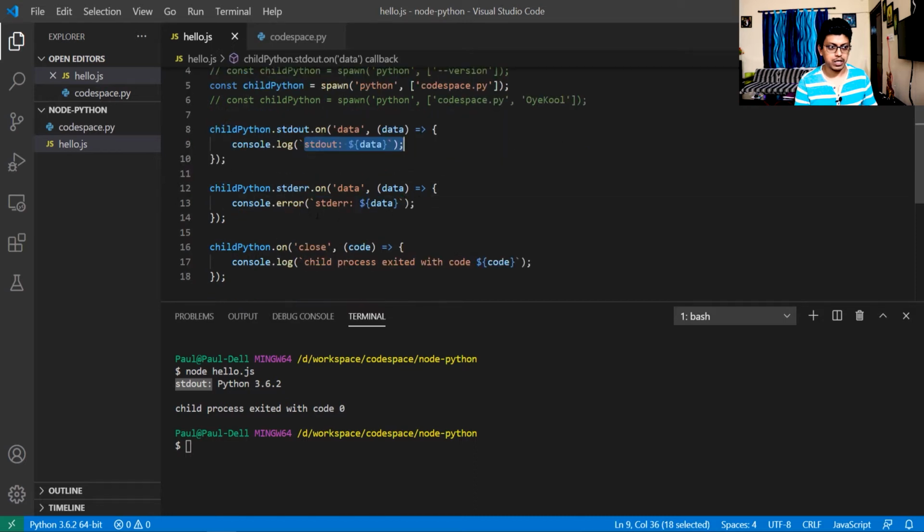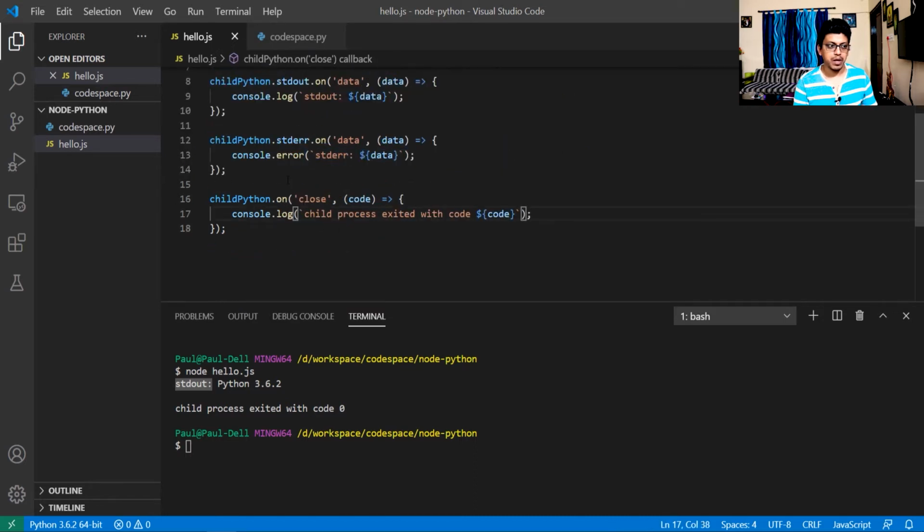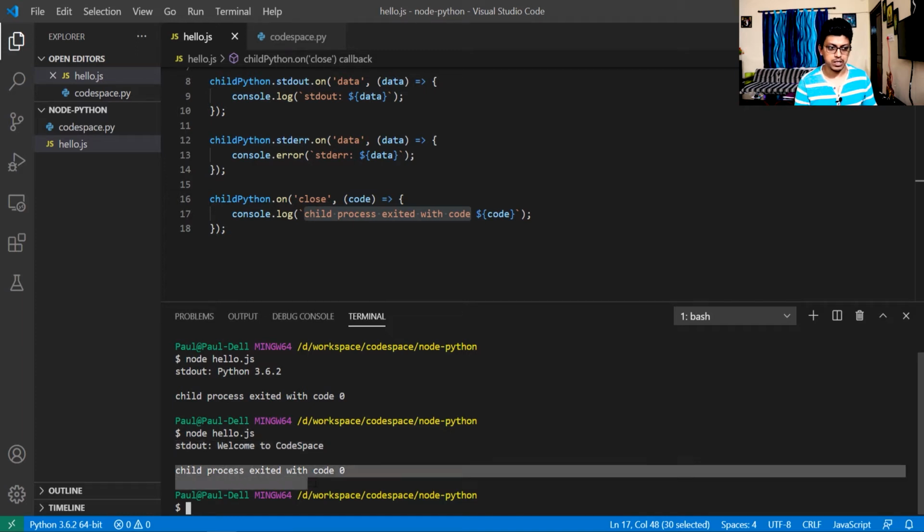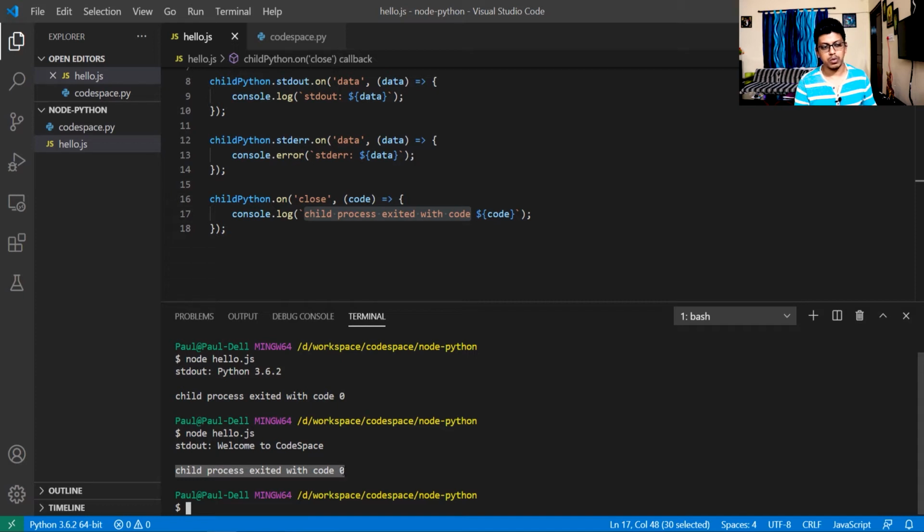If any error is there, it will be printed here, and if by any means child process .py gets closed, then we will print a message like child process exited with code, and what the code is. So let's run it, node hello.js, and here we can see that it has printed welcome to codespace, and it has exited with code 0, meaning without any error.